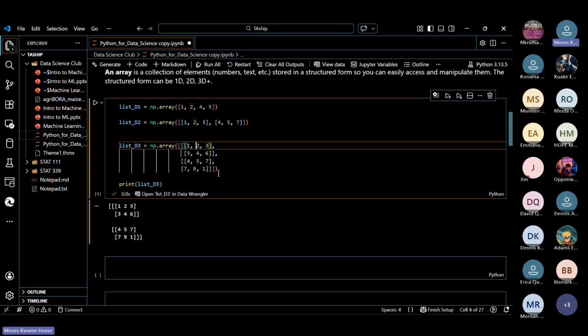Yes, this is how it is created. For a three-dimensional array it is three, for two it is two, and for one it is one. Have I answered your question? Yes. All right, thank you.